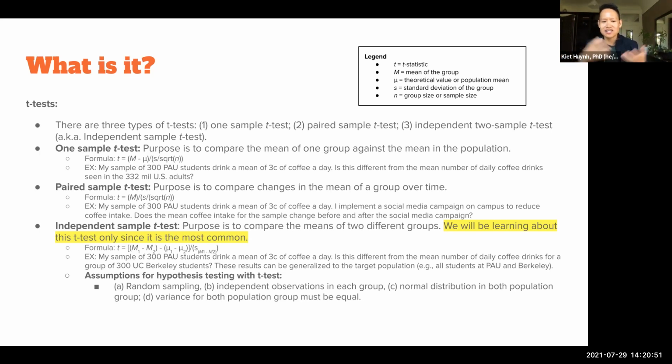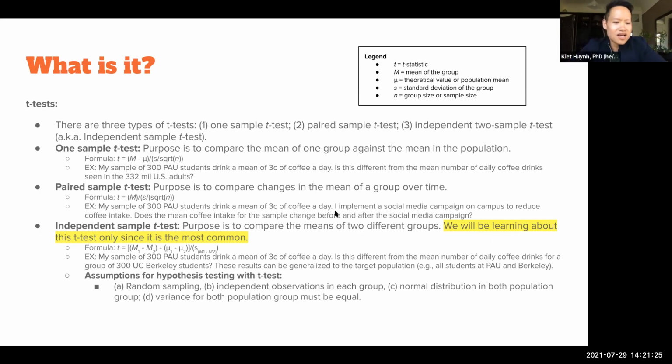And if there's a difference, then I can conclude that my campaign was successful for reducing coffee intake. But if there is no difference between the before and after, then I could conclude that there's not enough evidence to show that the campaign was effective, or that the effect of the campaign was not significant in reducing coffee intake. Okay. So again, one group, you measure them at 2 different times, take the mean of both, and then see